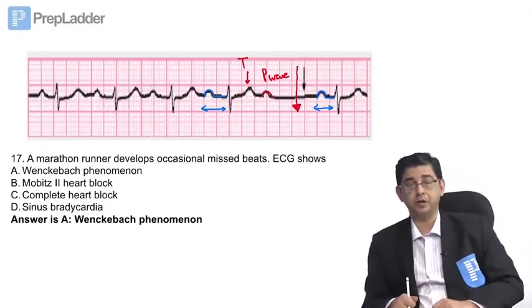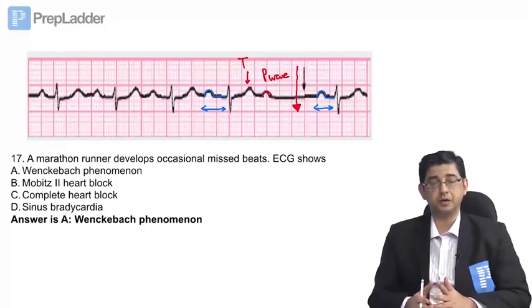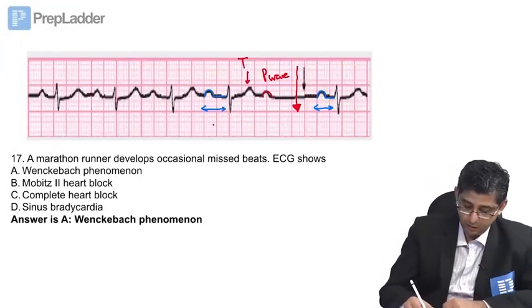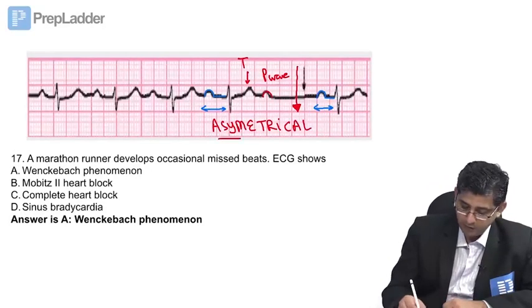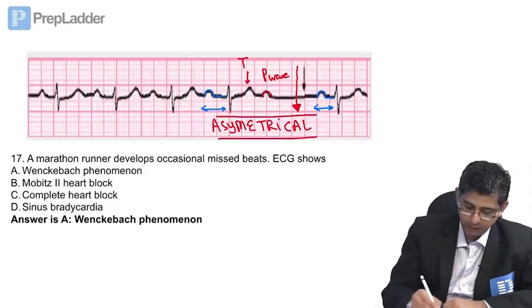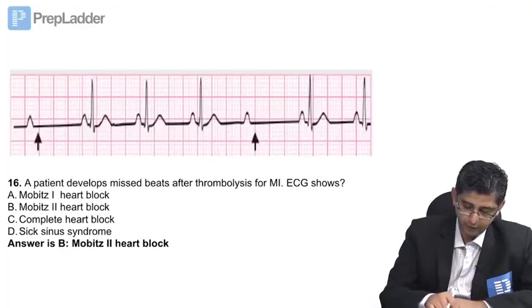So if you look at the PR interval before and after the missed beat, there is an asymmetry. The one before is relatively more and the one after is relatively lesser. So this asymmetrical PR interval is always diagnostic of Mobitz one heart block. But if you come back to the previous slide,